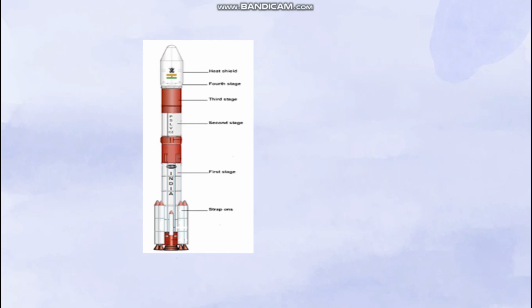We have been using PSLVs for launching different kinds of satellites. Examples: MSAT series satellites, IRS, IRNSS and so on. If you remember, the Chandrayaan spacecraft which was launched in 2008 also used PSLV. We have used PSLV for our Mars Orbiter spacecraft in 2013 as well. ISRO also launched a record 104 satellites on a single rocket, that is PSLV C-37, which made a world record and made our India proud.